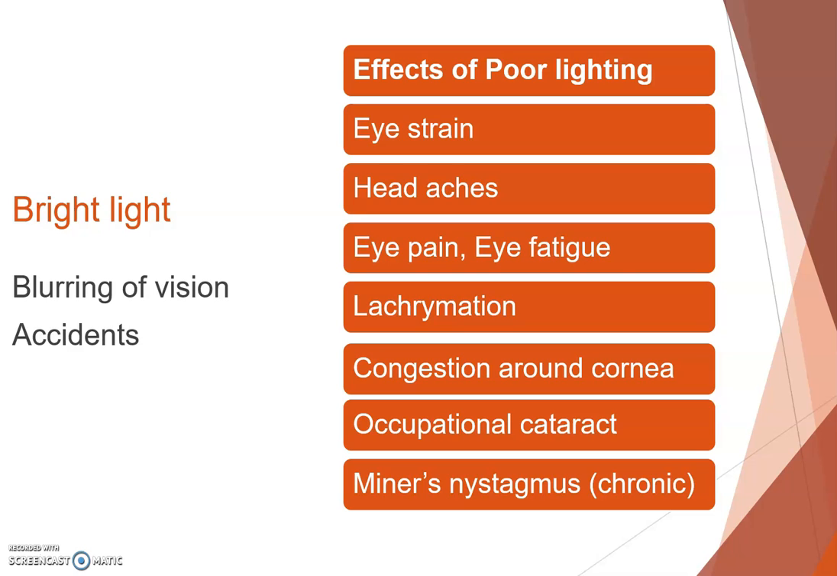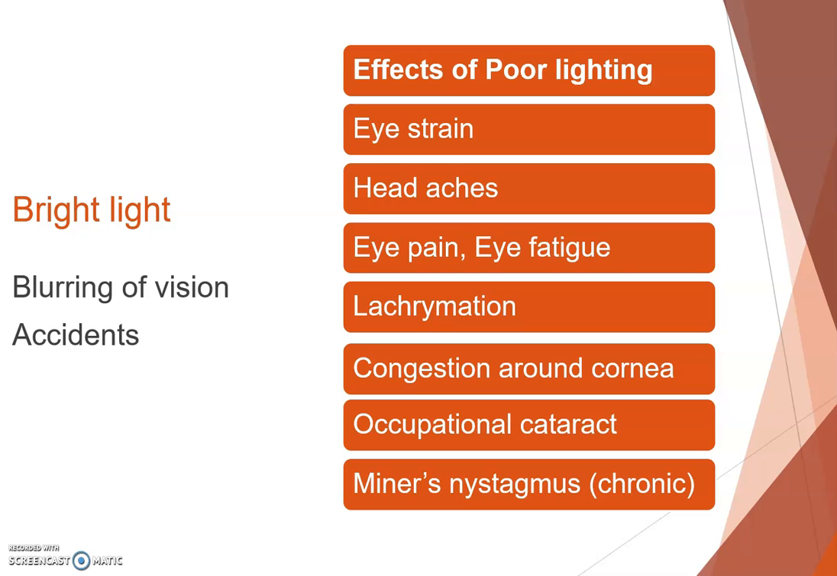Light is another important thing that causes problems in people who work in certain industries. The workers are sometimes exposed to the risk of poor illumination, very little light, and sometimes they may be exposed to high light also, excessive brightness. Both are not good for our health. Acute effects of poor illumination may occur when the person has to work under low light for a longer period. There can be eye strain. The person may have headaches, eye pain, lacrimation, congestion around the cornea, and